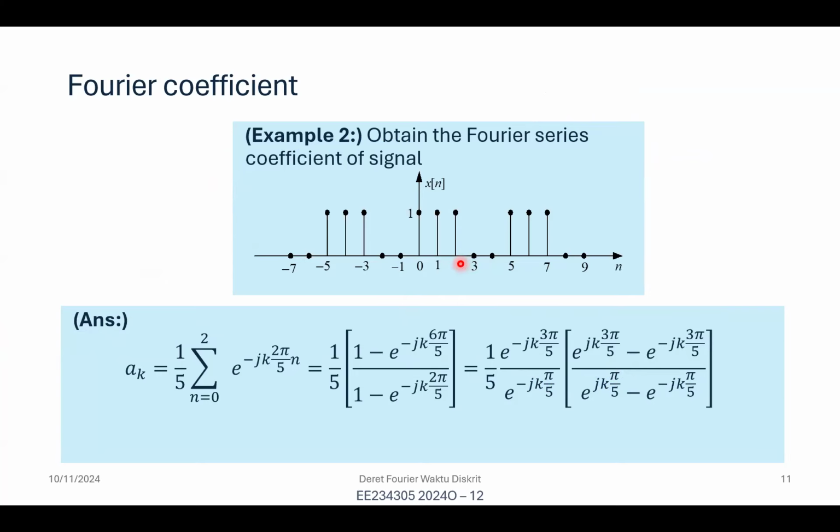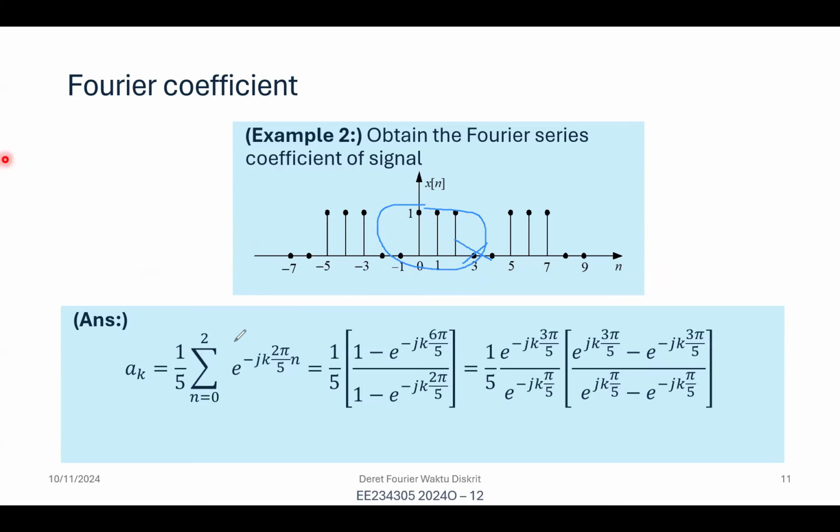The pattern is that for time 0 to 2, there is a value. For time 3 and 4, there is no value. So for time 3 and 4, we can just get rid of this. It's not relevant. But for time 0, 1, and 2, we have to